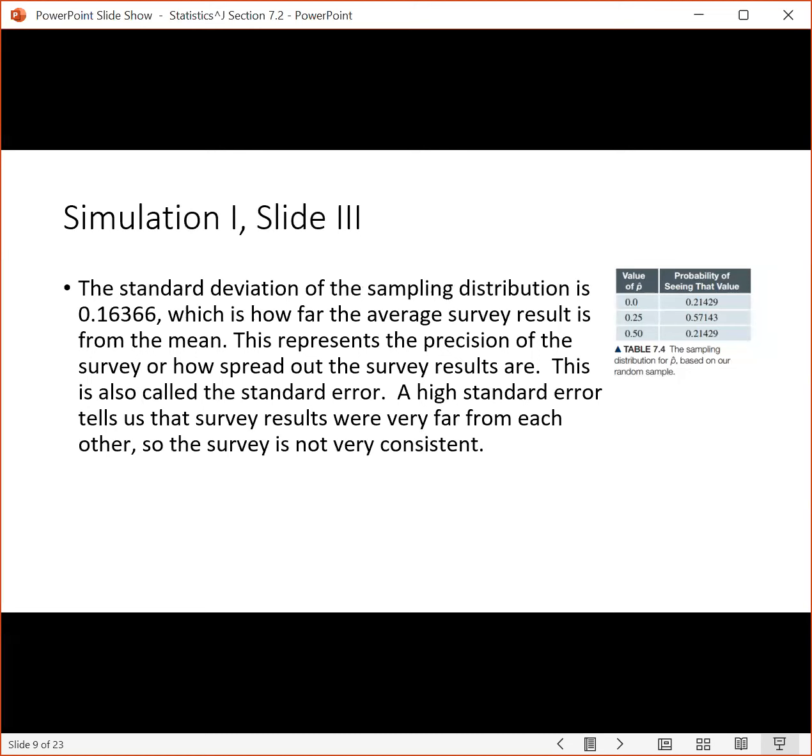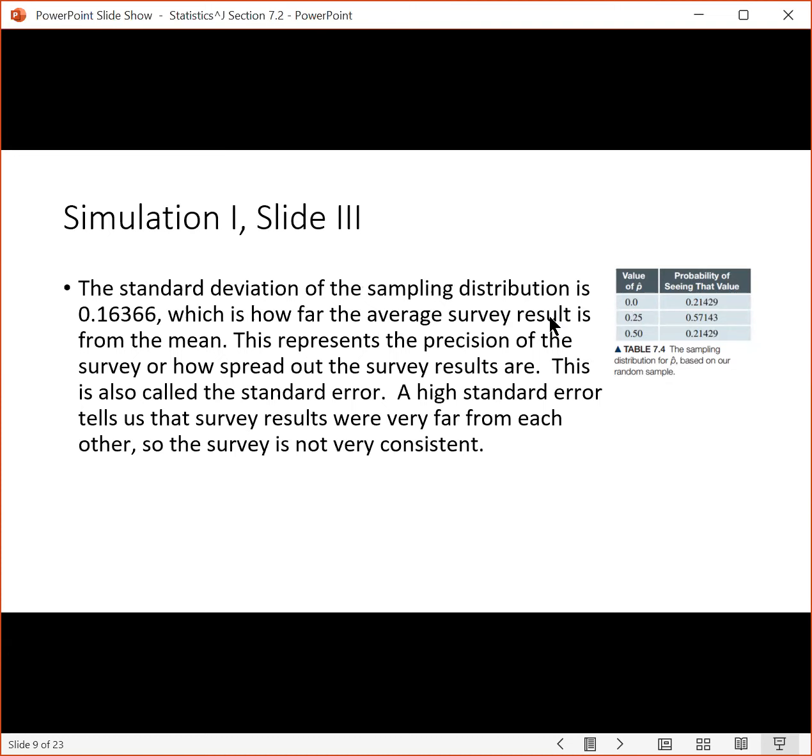All right, so we give this a special name. It's called the standard error. A high standard error tells us that survey results are very far from each other, and thus the survey is not very consistent. And I would say in this case, 16.4% is actually a pretty big standard deviation